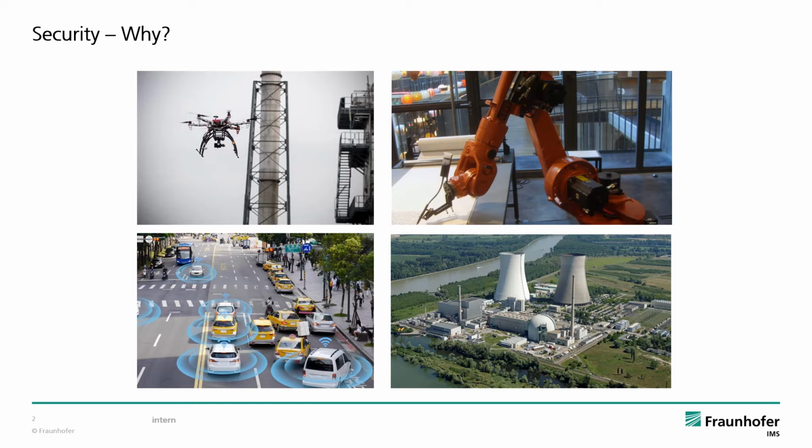RISC-V cores will likely be controlling drones, collaborative robots, or autonomous vehicles, and RISC-V will also be a candidate for electronics in critical infrastructure like power plants. There you want to have as much insight into the inner working of your devices as possible in order to guarantee safety and security. While safety means dealing with the random hardware faults, security is a bit more diverse.